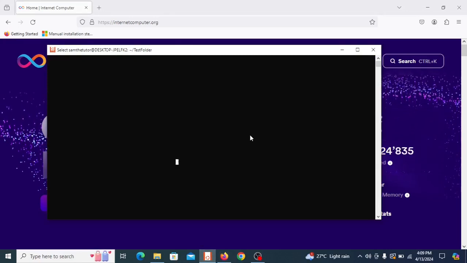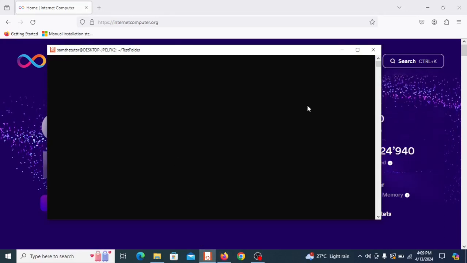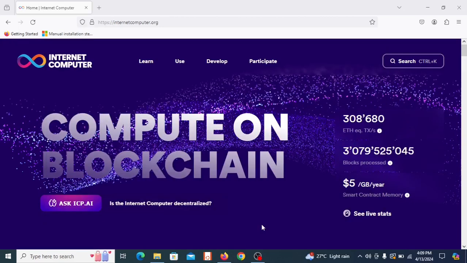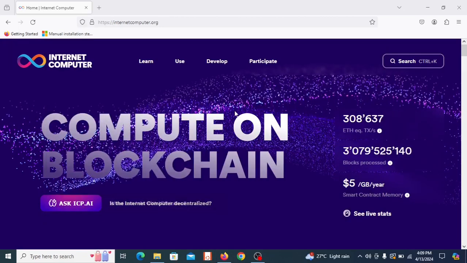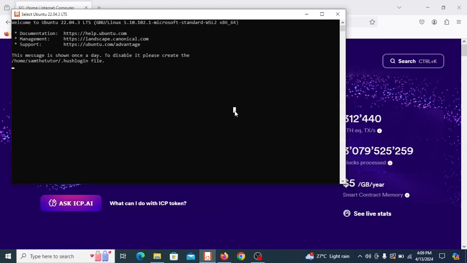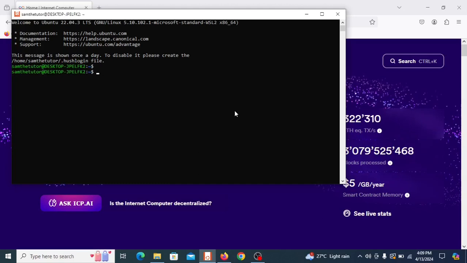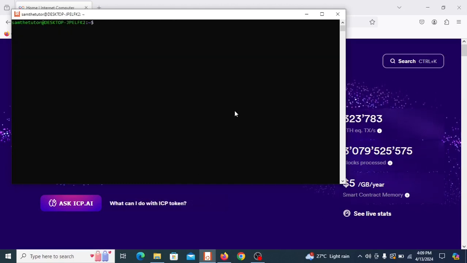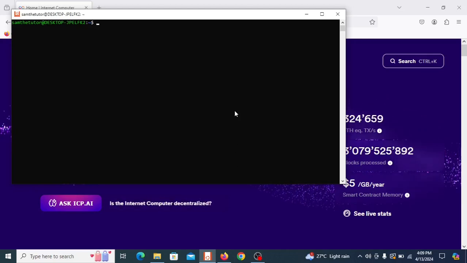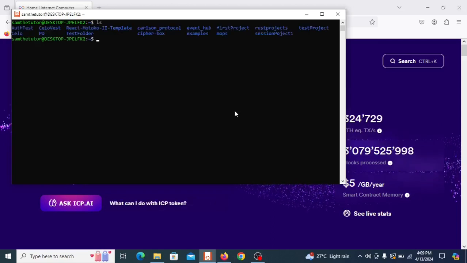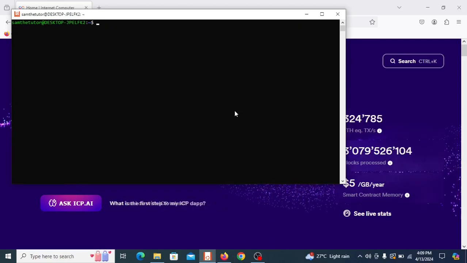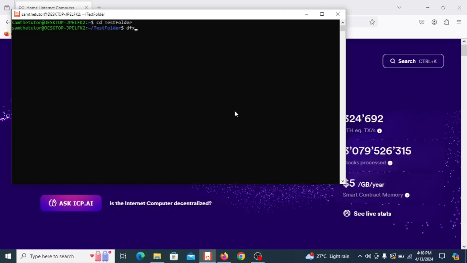And as you can see, I have my terminal open. So I think I need to close it and open it again. So, all right, let's wait for it to load. I clear the screen. And so we will use DFX to create a new project. And I will just first do list. We need the test folder. That's where we shall host our project, and then dfx new